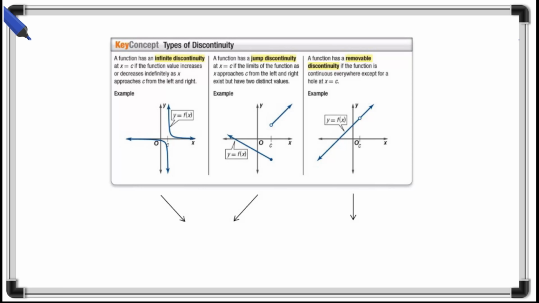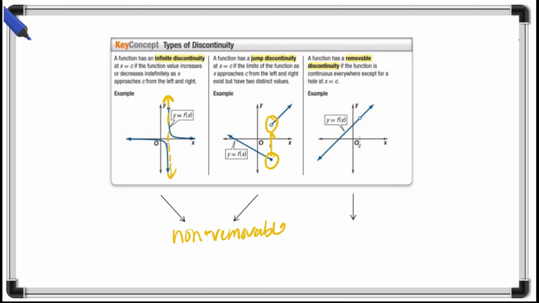So a function can have an infinite discontinuity. That would typically be where you would see the asymptotes, right? So your value would increase or decrease indefinitely as x approaches that c value from the left and from the right. Your function can also have what's called a jump discontinuity. So you literally will see going from one value jumping to another. So you have two sort of distinct values. Now these two are called